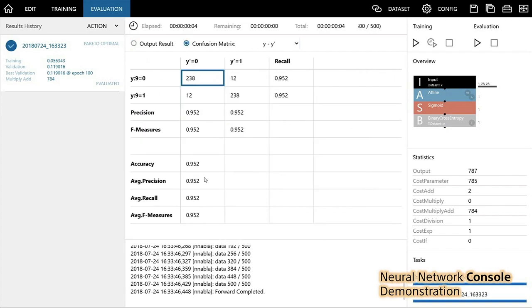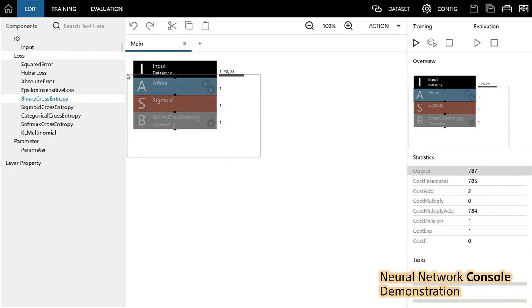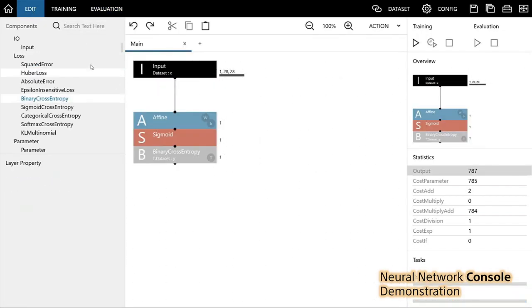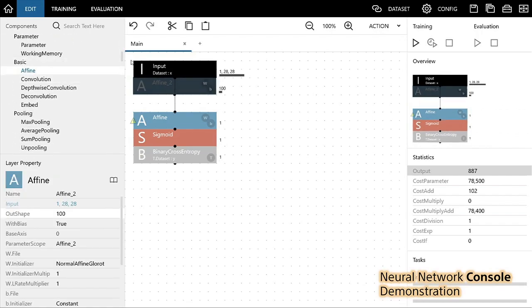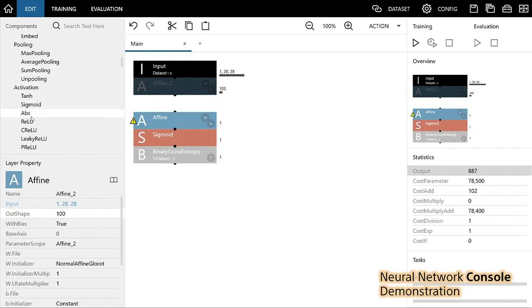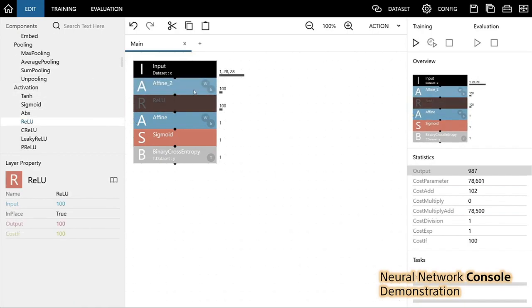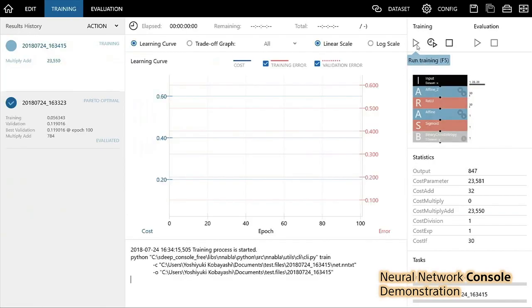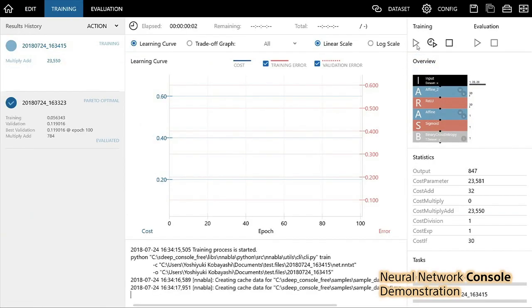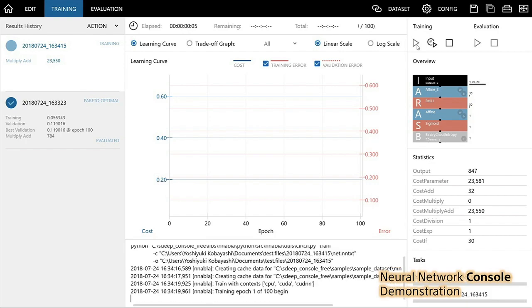And the accuracy is 95.2%. But it's not so interesting because it's a single layer, very simple neural network. It is called logistic regression in conventional machine learning. So now, adding a new layer, it becomes a two-layer deep neural network, and